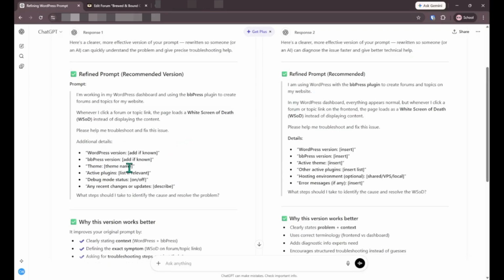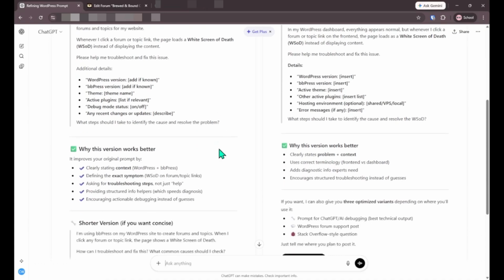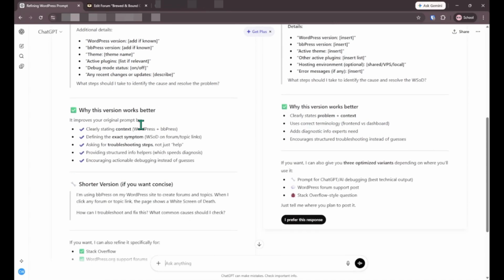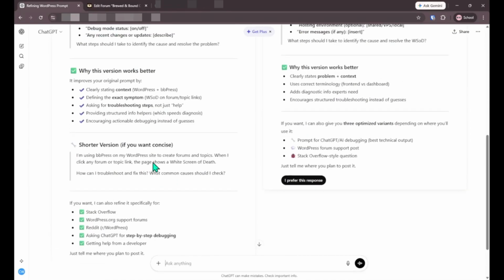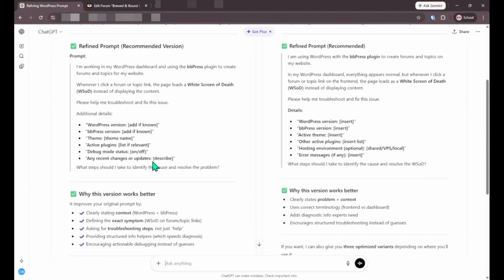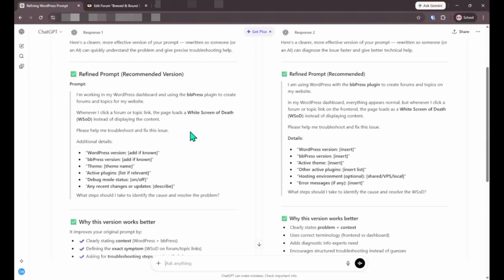Additional details, and then it'll actually ask you to share these details. However, because we're in browser, Gemini can just access and see these things. And then this goes over why you can use that. I'm just going to go ahead and grab this portion here